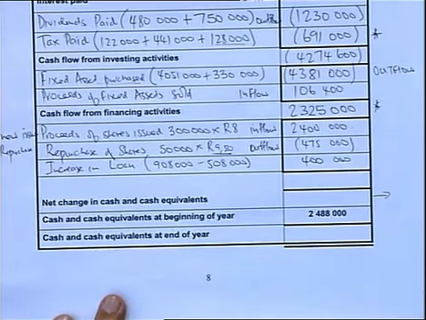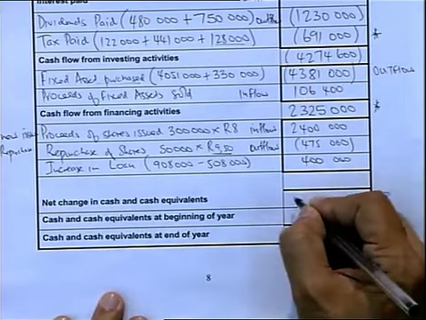So for that, it's 2,325,000 minus 4,274,600 minus 103,990, and the answer is a negative